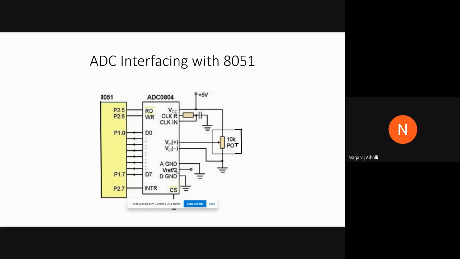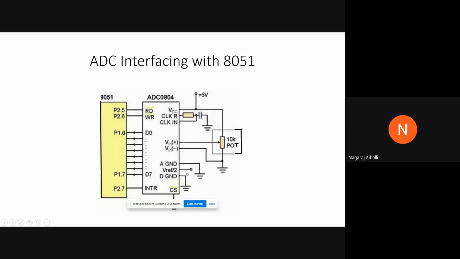It is used for providing the power supply voltages other than 0 to 5 volts. V reference bar 2 is used to provide the power supply voltages other than 0 to 5 volts. That is, it provides the reference voltage or the power supply voltage of say 2 volts, 3 volts, or 4 volts. So that is provided by the V reference bar 2 signal.